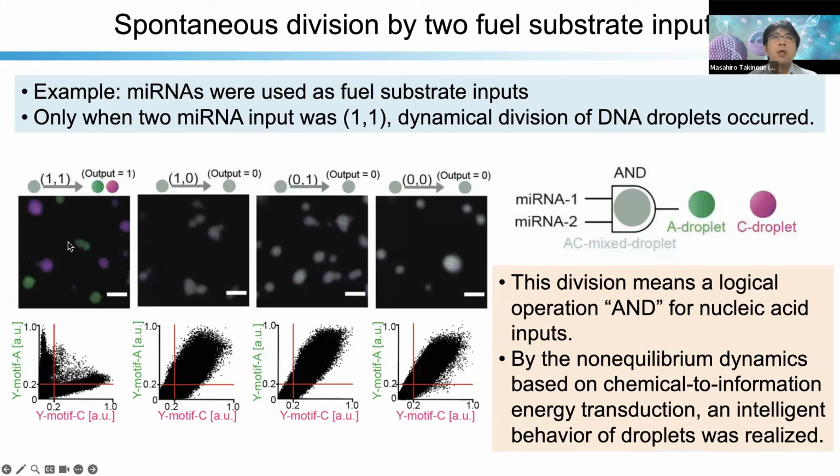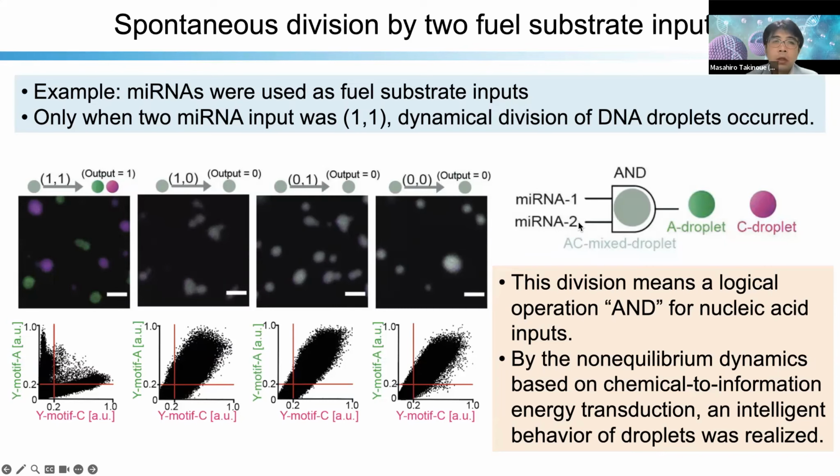But if one of the inputs is not introduced, we didn't observe the droplet division. So this system can be considered as some kind of logic gate of the two